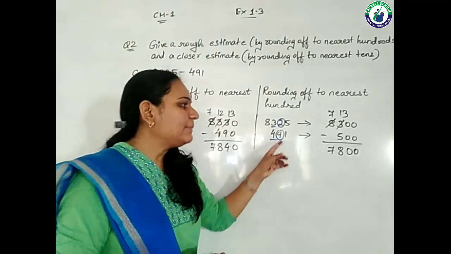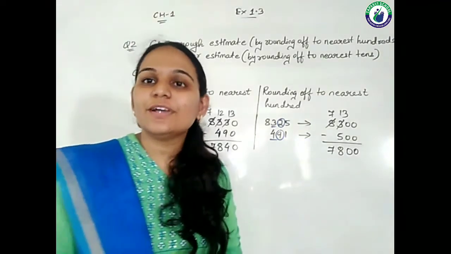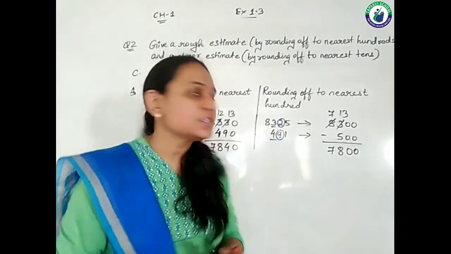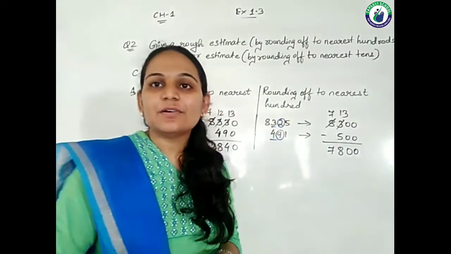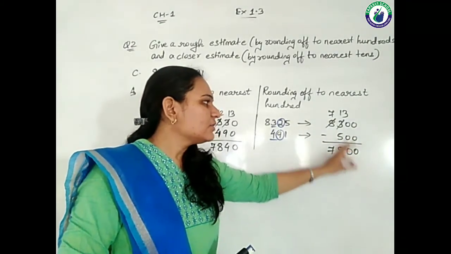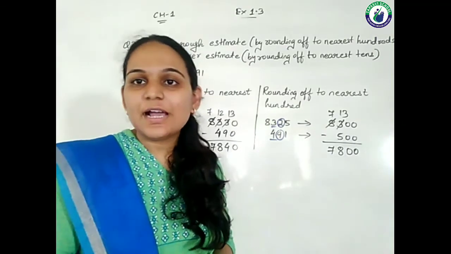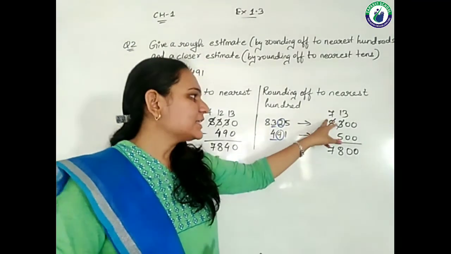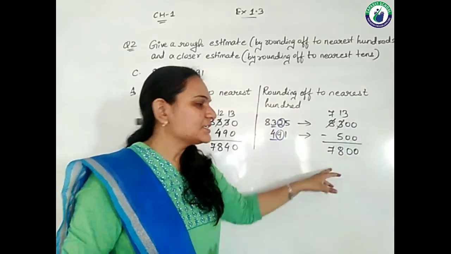Similarly here, the helping digit is 9, which is more than 5. If it is more than 5, then definitely we add 1 to the underlying digit. So 4 will become 5 and the remaining digits become 0, 0. Now let's see the subtraction. 0 minus 0 is 0, 0 minus 0 is 0. 3 minus 5 is not possible, we have to take help from the previous digit, that is 8. So it becomes 7, and 13 minus 5 is 8, and this is 7.